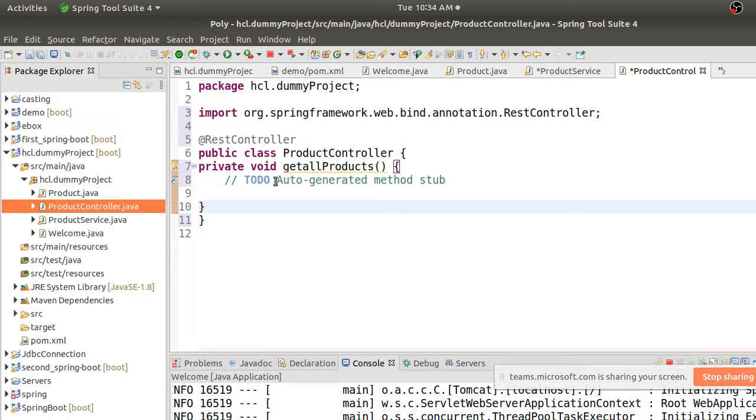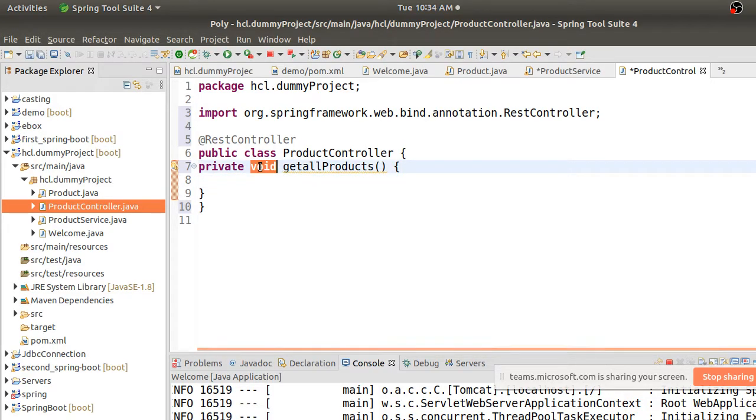What does getAllProducts return? It will return the complete products, so it will be a list of products. Obviously the return type should be List of Product.